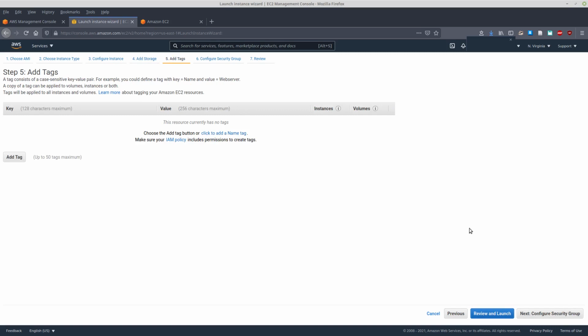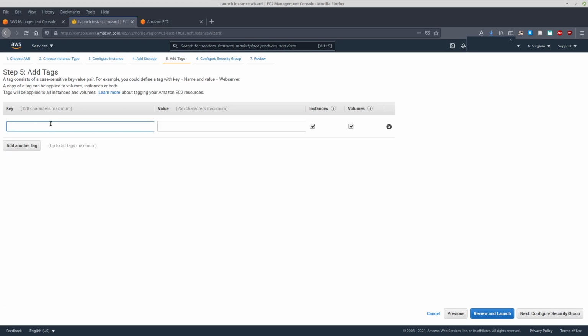Then I can also add a tag. A tag consists of a case sensitive key value pair. Like for example, I can just add a key as name and value as AWS test,